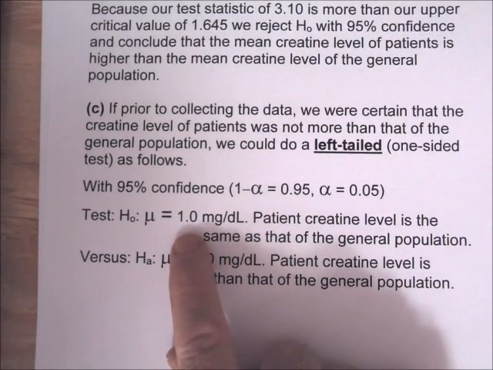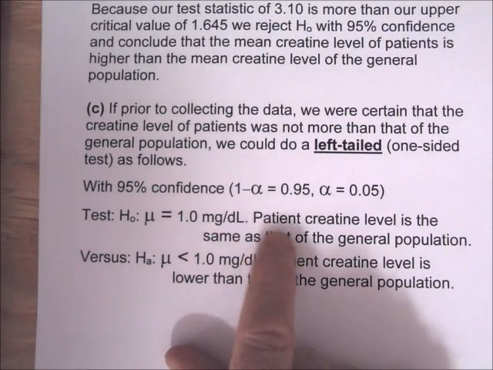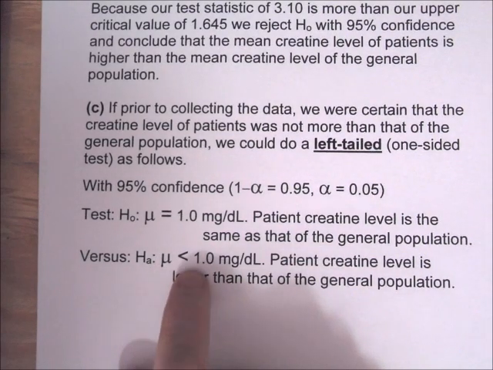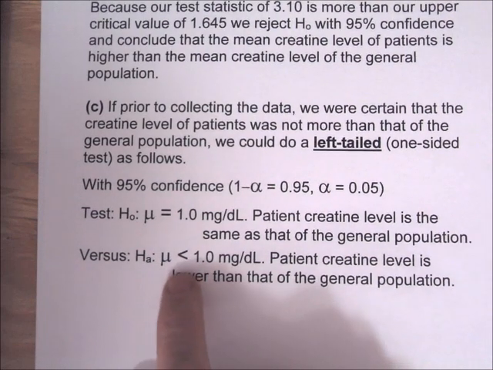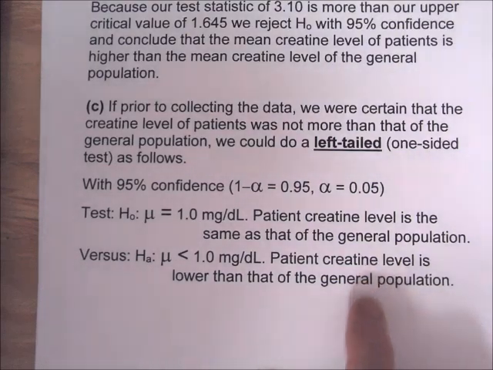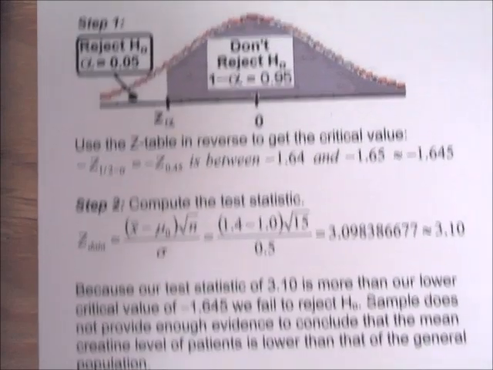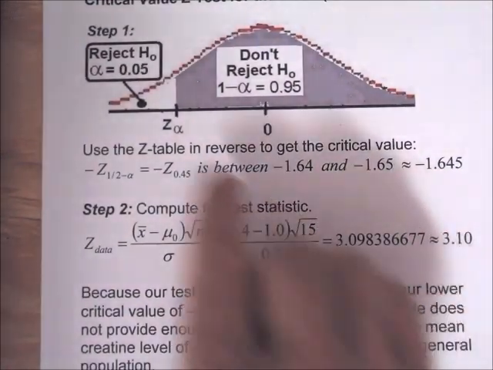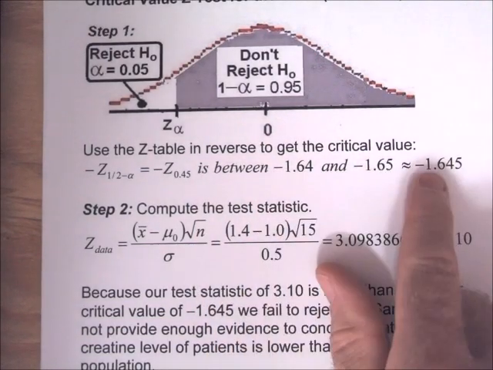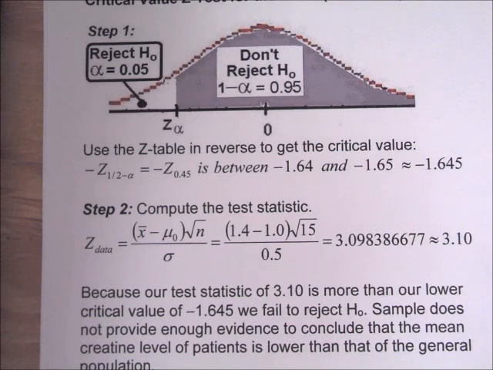H naught is the same: mu equals 1.0 milligram per deciliter. Patient creatine level is the same as that of the general population, but now the alternative HA has a less than symbol in it: mu is less than 1.0 milligram per deciliter. Patient creatine level is lower than that of the general population. So now we want all of our doubt to be on the left side, and so it's going to be the same critical value we had before, except we have to put a minus sign in front. It'll be negative 1.645, and